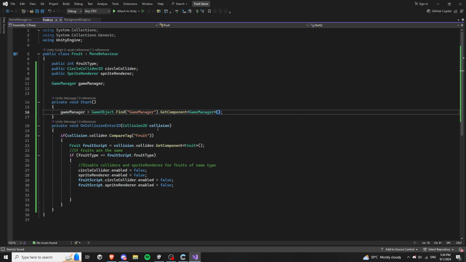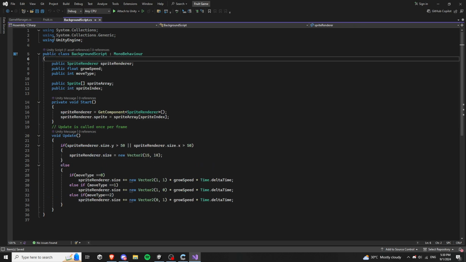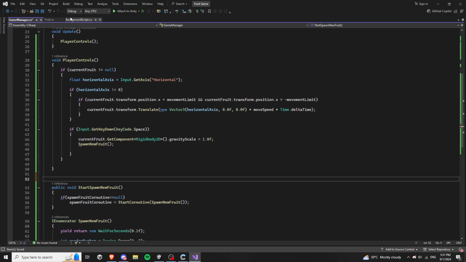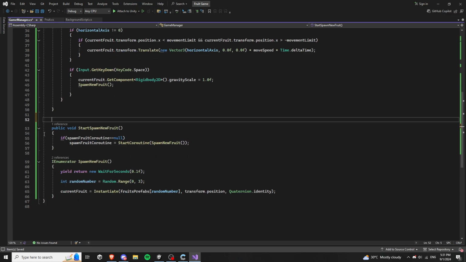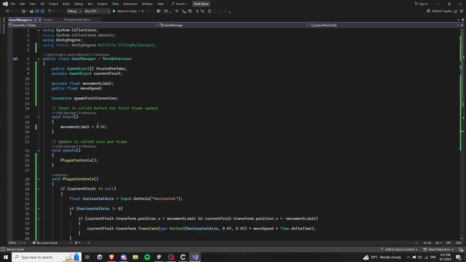And let's check if this works. Here we want to start game manager, start founding fruit. But this is not the, sorry, my mistake. That was okay. We don't need this. We need to create a function called, this is unnecessary, sorry. We have a function for spawning fruit, and we want